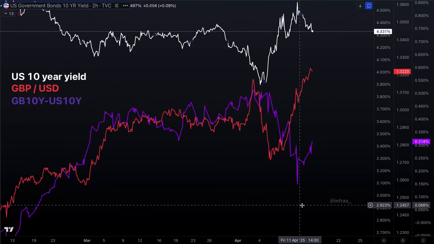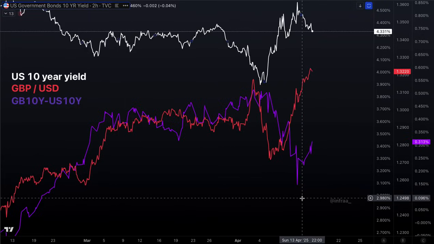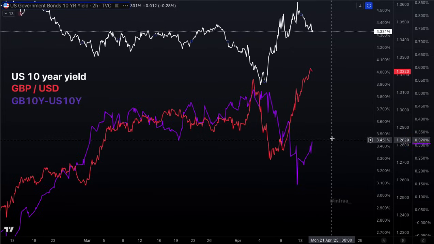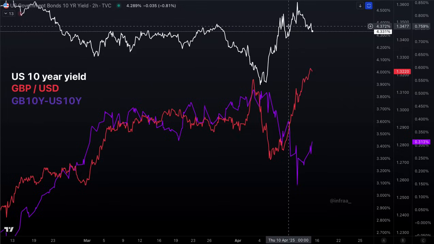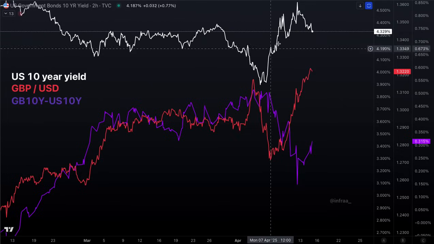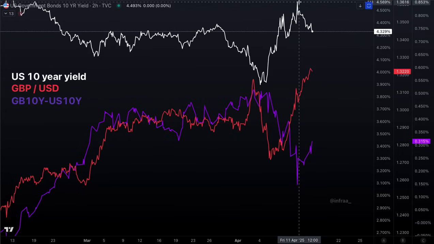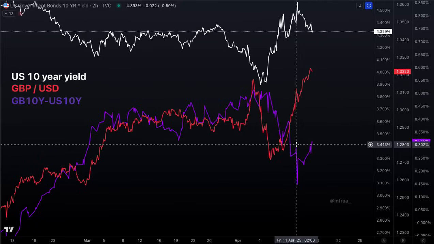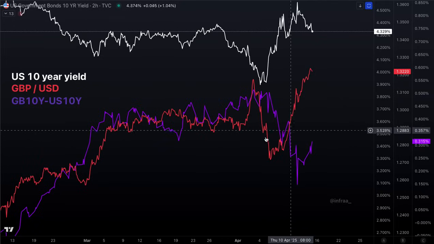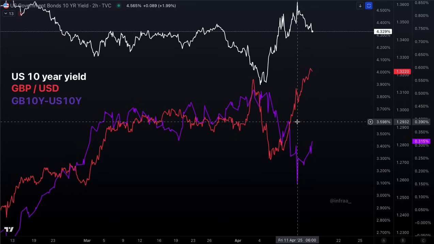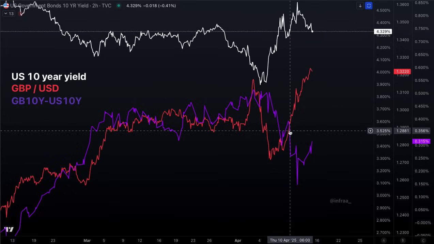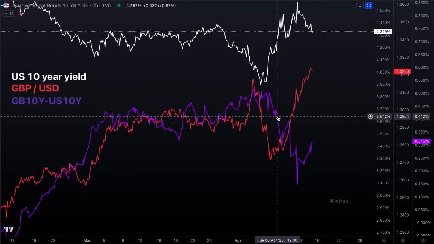Like I keep saying, this is not perfect. It's not a one-to-one, but it is an interesting way to maybe get to the bottom of what was going on. People are certainly still talking about it. And again, the same period of time, early Thursday, where the 10-year bond was getting sold really hard and the yield was rising. That same period of time is when we notice the British pound diverge from its interest rate differential. We see the interest rate differential, just like in Canada, moved lower here,